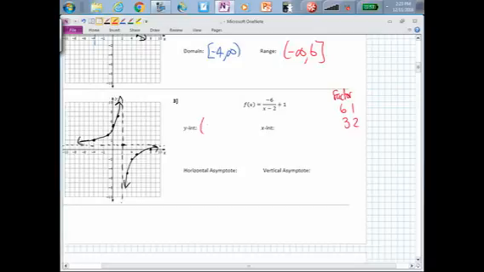X-intercept, this nicely reads off as (8, 0). Y-intercept, this is another nice one, so (0, 5). Horizontal asymptote, remember the horizontal is the y equals, and it has to be written as y equals because it's a horizontal asymptote, i.e. it's a line. So y = 1, and over here for the vertical asymptote, x = 2. And that's